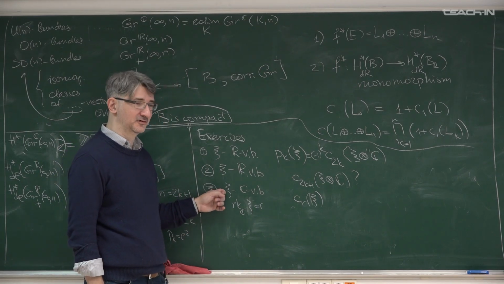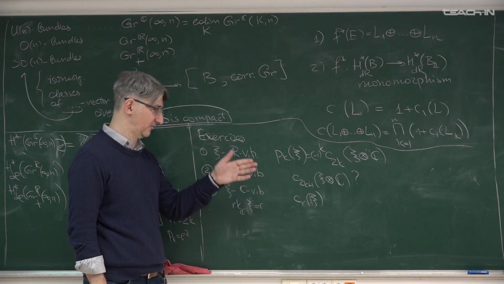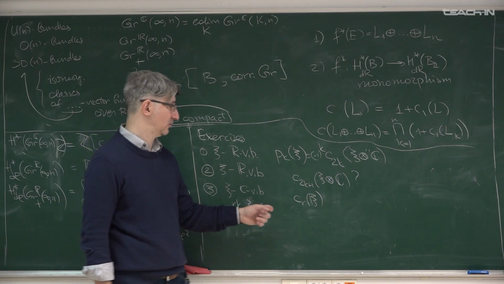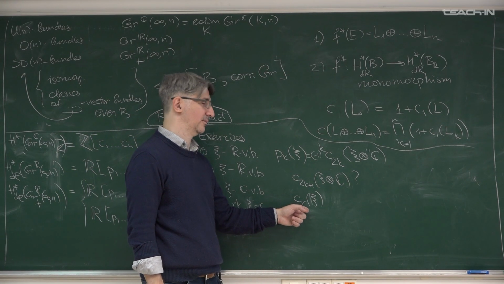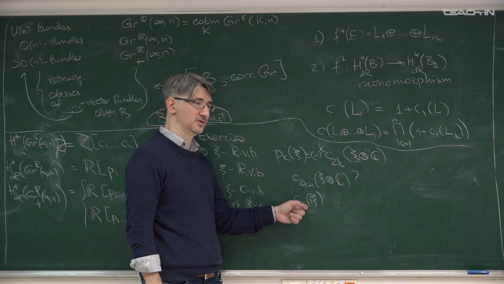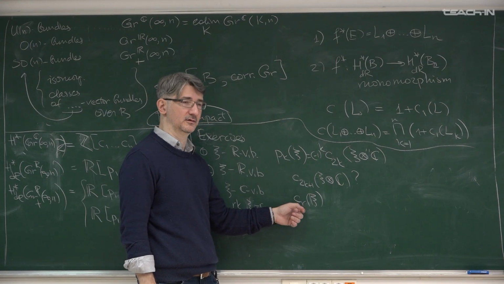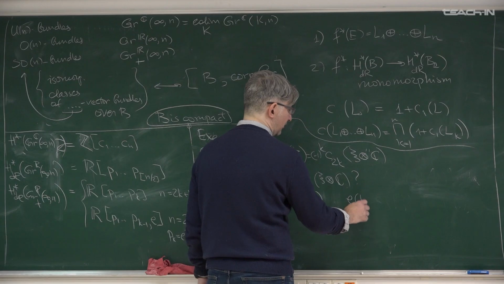So xi is a complex vector bundle of rank r. It means that fibers are r-dimensional complex vector spaces. You can calculate Chern class with number r, top dimension Chern class. There are no Chern classes with dimension greater than r. And also you can calculate Euler class of its